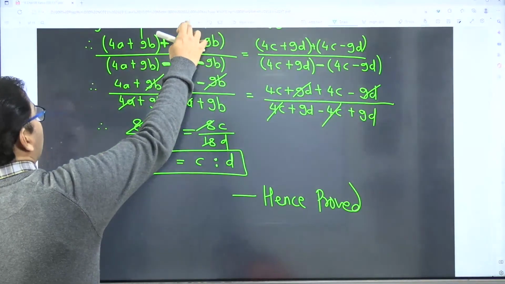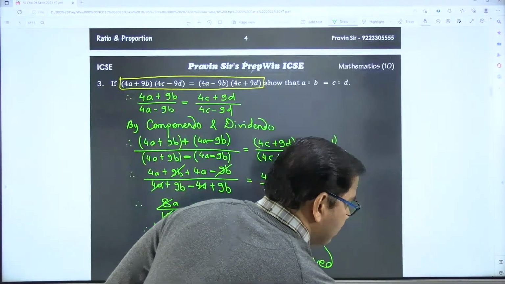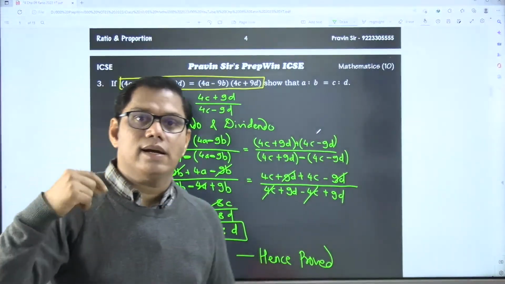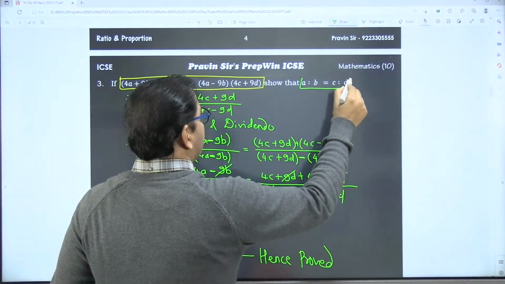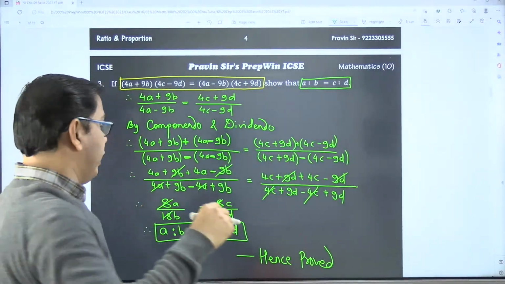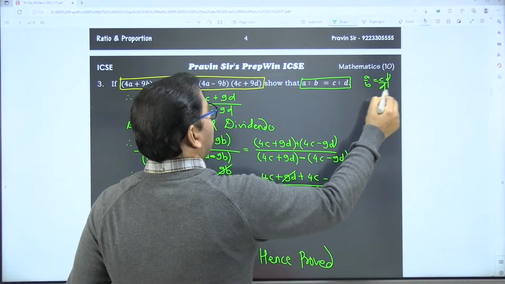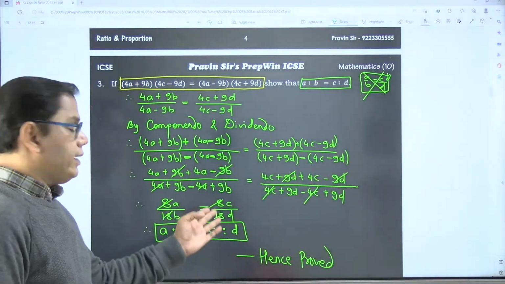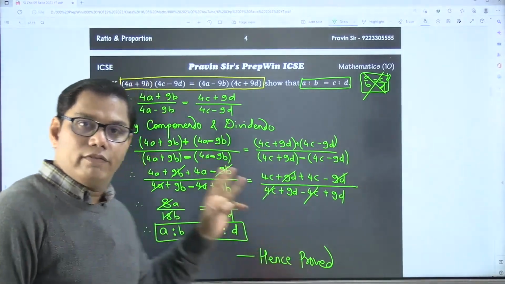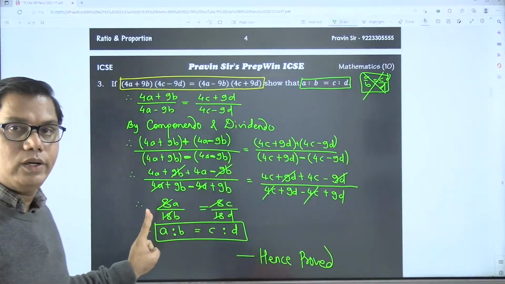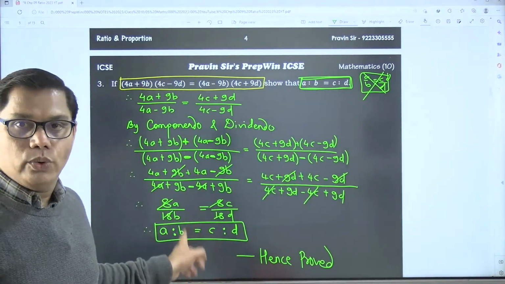If you want to have a look at this entire sum, it is in front of you. Please remember that when the teacher corrects your paper, 1 mark is reserved for the final answer. If the question is in the form of a ratio, and you do not write a by b is equal to c by d, you have not reached the final step. You did not do what they asked, so you will lose your 1 mark. If this question is asked for 3 marks, you will get only 2 marks. So please make sure that whatever is asked, you get the same answer.